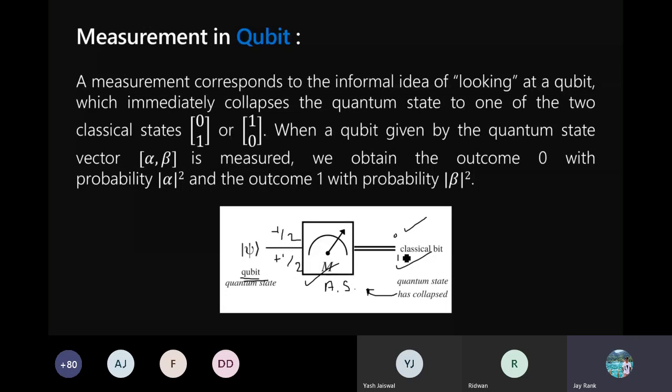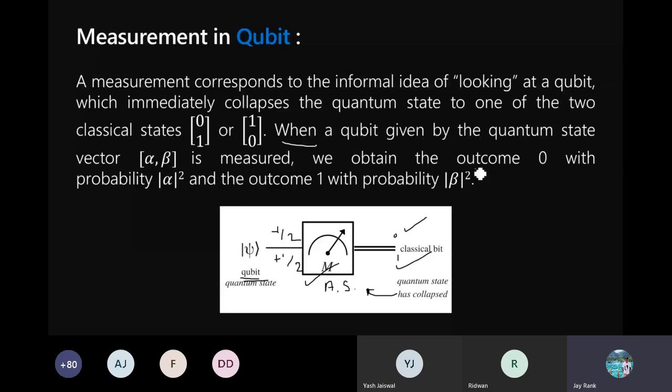After getting this classical value, we are now ready to program it on either a quantum computer or its simulation on a classical computer. And one more thing: when a qubit given by the quantum state vector alpha and beta is measured, we obtain the outcome 0 with the probability of alpha square.